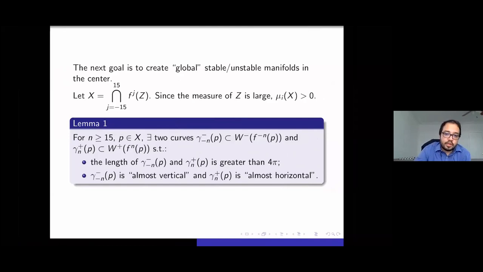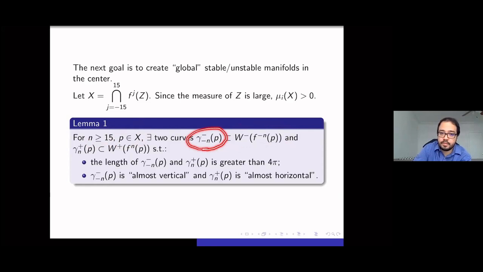So one lemma is that for n greater than 15, this 15 is just some finite number of iterates, forget about it. For any point in this set X, if you look at the stable manifold of f minus n of p, well, you don't know what this stable manifold is completely, but what you can tell is that it contains some curve